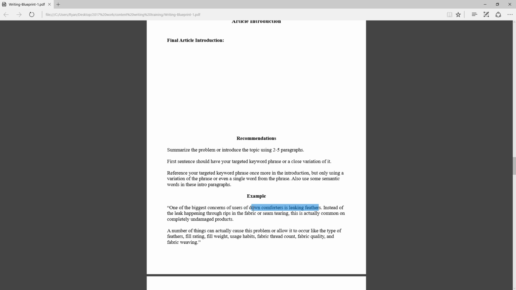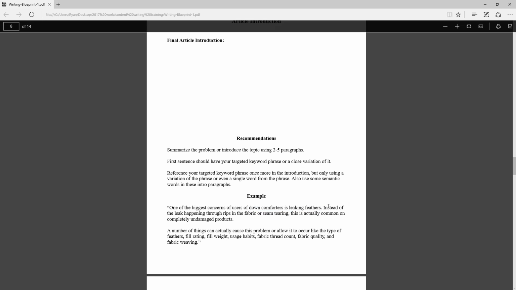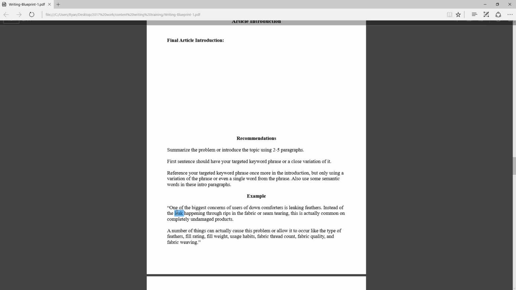So in the beginning here, down comforters, leaking feathers, this is my primary keyword phrase, but it's basically reversed. I'm still using, though, all the words from that primary keyword phrase in the first sentence of this article. Everything else is basically semantic words, reinforcing that primary topic.